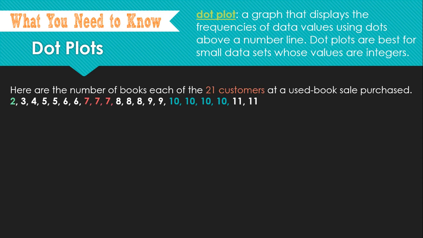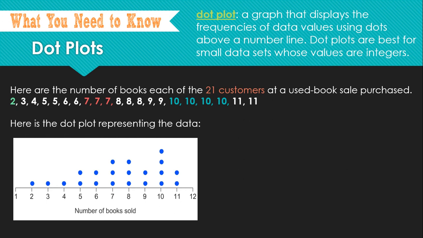So here's an example. We have the number of books bought by each of the 21 customers at a used book sale, and then we have the list of all 21 customers. To represent that data in a dot plot, you would take each data point and put a dot to represent that piece of data. So I've got my number line. I notice where I'm starting. I'm starting at 2 and ending at 11, so I want one above and one below. And then I just represent each data point with a dot. So 3 gets 1 dot, 4 gets 1 dot, 5 has 2 values, so it gets 2 dots,